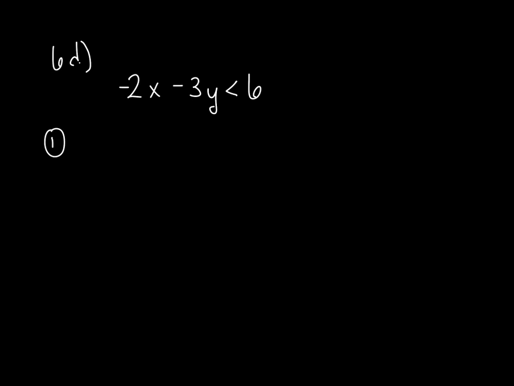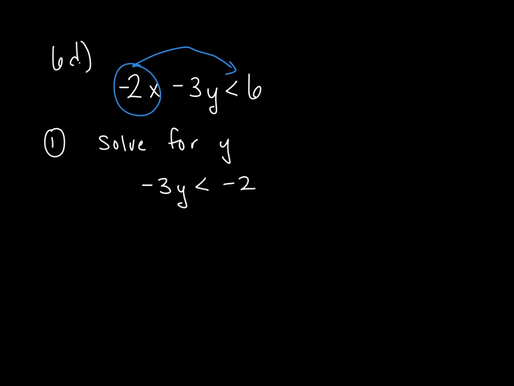I still start this the same way. I go ahead and start this by solving for y. I do that by taking the negative 2x and moving it over. And when I move that negative 2x over, it becomes negative 3y is less than negative 2x plus 6. Now this is where this one gets interesting. I'm still solving for y, but to get y by itself, I have to divide everything through by a negative